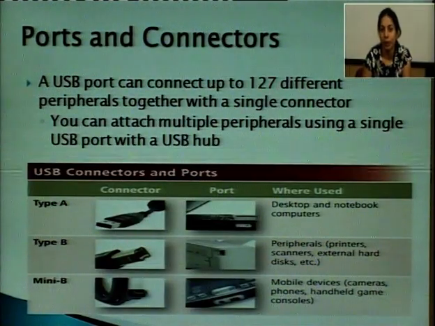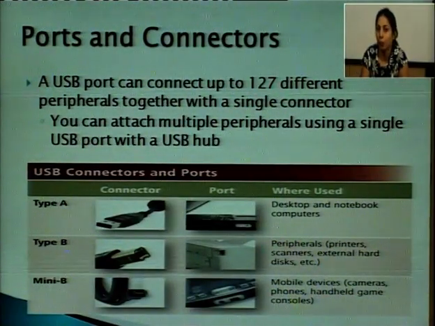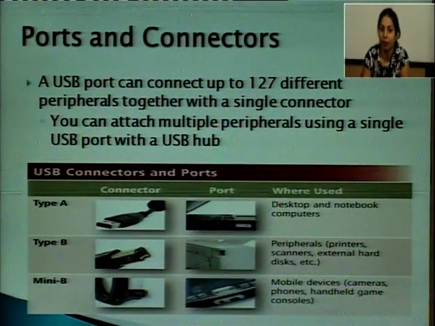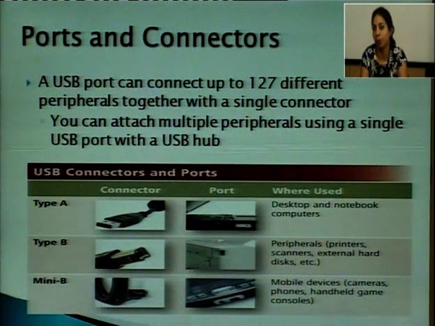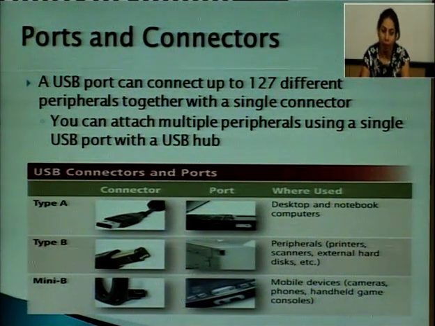Then a USB port can connect up to 127 different peripherals together with a single connector. Means a USB port, universal serial bus, at a time can connect 127 peripheral devices. One very important thing regarding the USB port is that it is hot swappable.